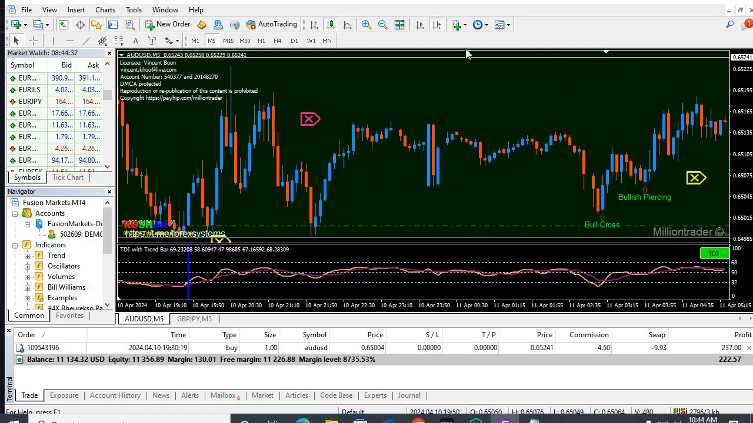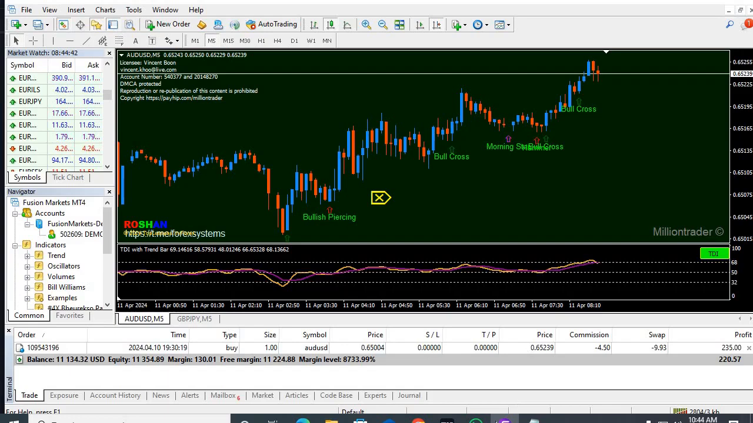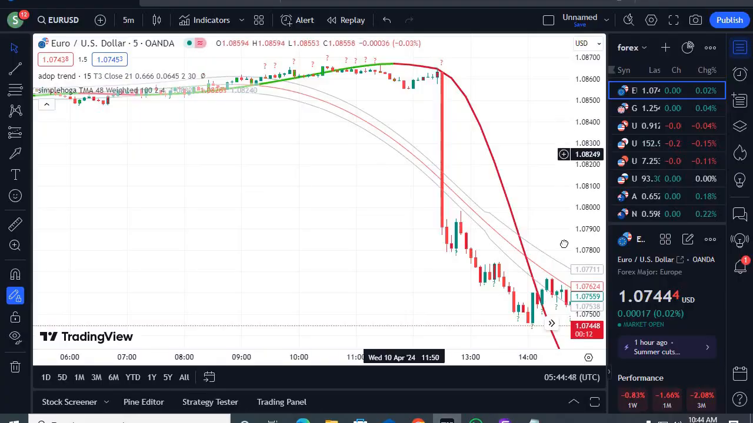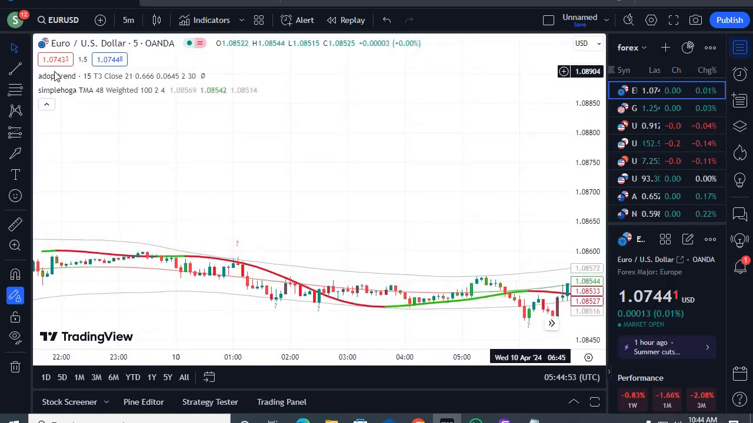Because this indicator is simply awesome, and you can see the accuracy of my system. So we need to stick to the trade, and let's talk about the TradingView system. In the TradingView system you can see the accuracy is more than